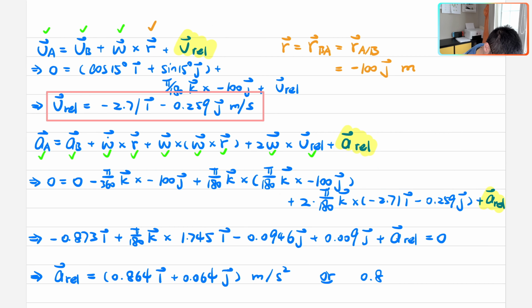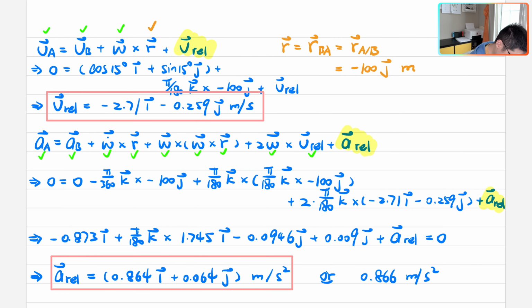The question is not specifying what value you should report, so I'm just giving you two different options. Either in the vector form or in the scalar form is fine. So your relative acceleration, A relative to B, A standing on the dock, B is on the rotating boat. The people on the rotating boat observing A